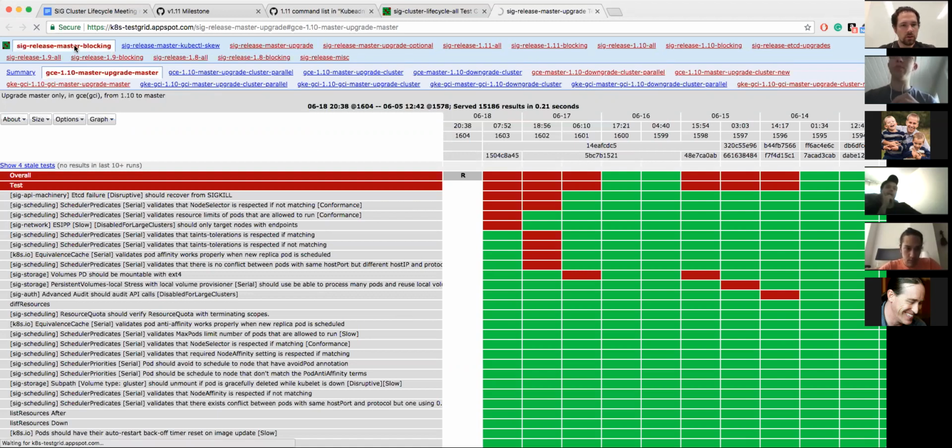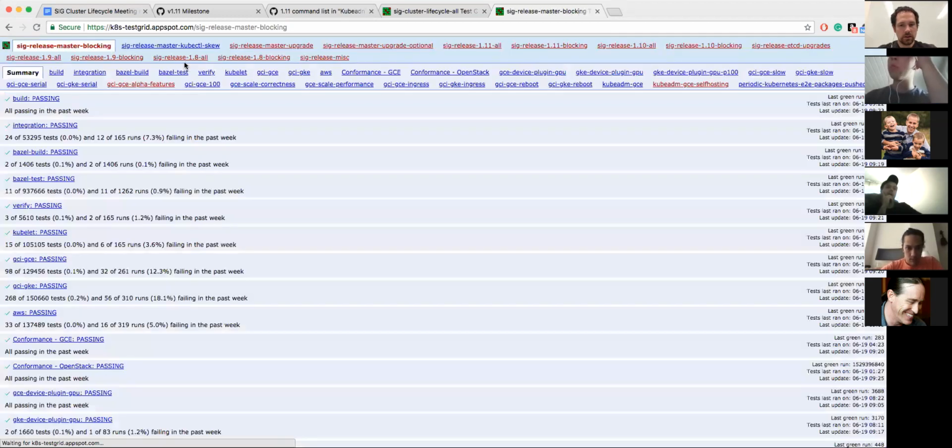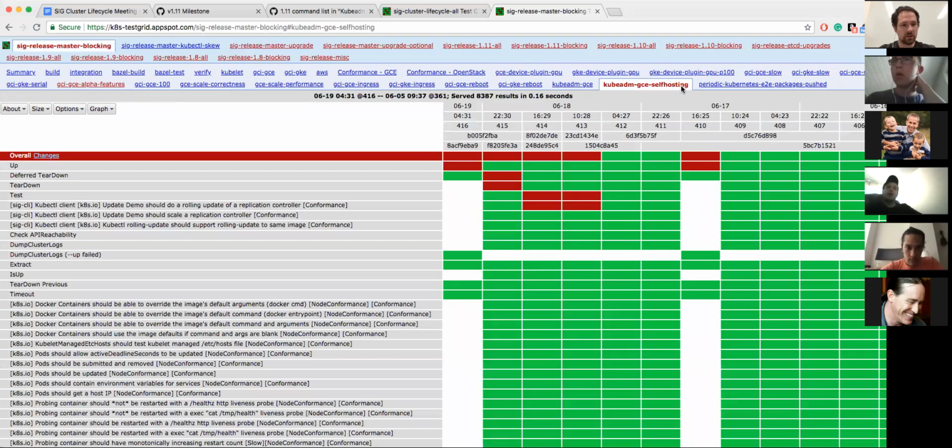So I don't know, Robert, if you have any anecdotal historic sense on this. I don't. Chris Rousey from the Google side has historically spent a lot of time looking at upgrade tests, so I can ask him if he has a sense of what these looked like in the past. It does look like there are test runs where we see quite a few failures, and I wonder if there's also some failure correlation going on, where if there's one test that fails, a couple others sort of come along into the failure party.